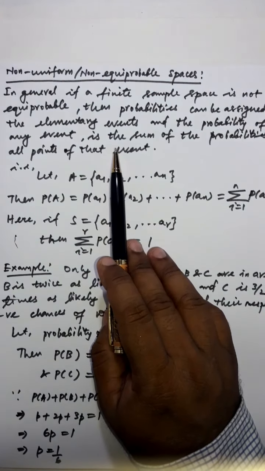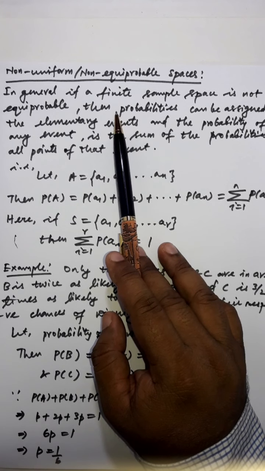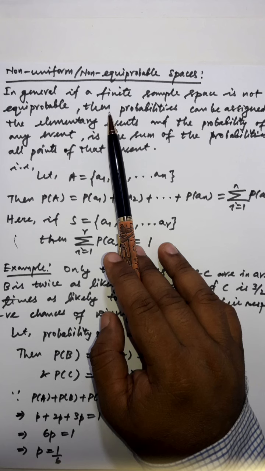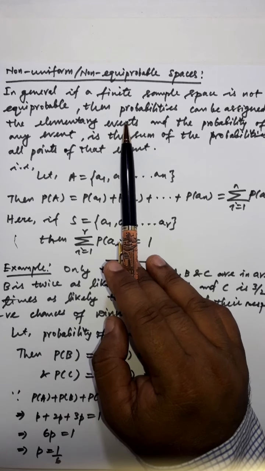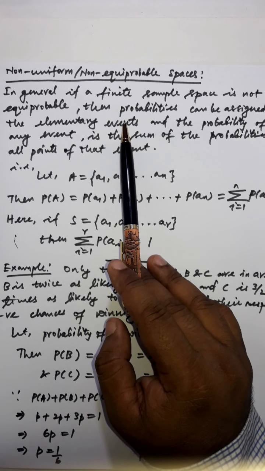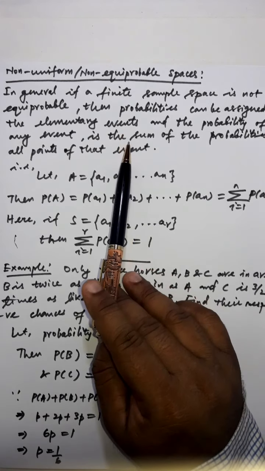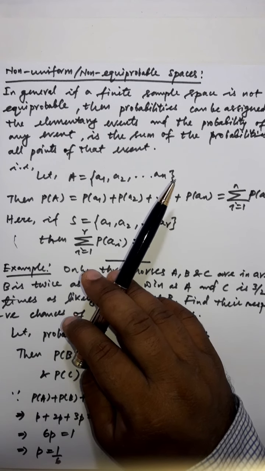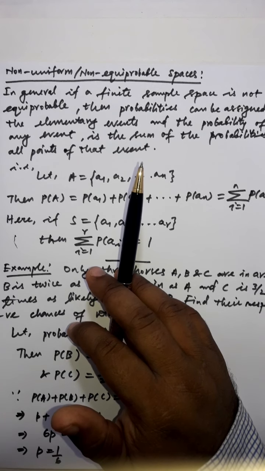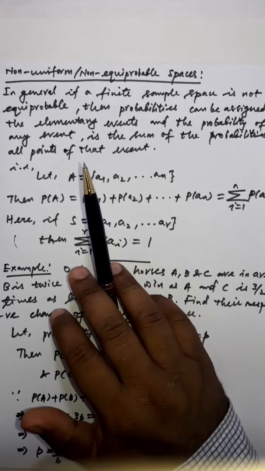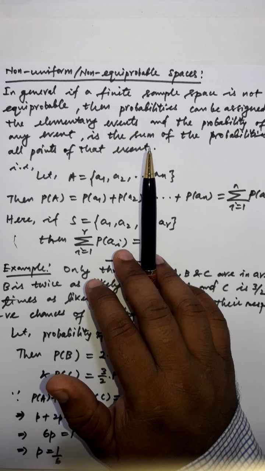Now, when these non-uniform or non-equiprobable cases happen, let me give you one example of tossing a coin. Say a coin is a fair coin. If I am saying fair coin, I mean an unbiased coin which is not partial to any of the outputs. We know that a coin has two faces, one head and one tail. If we are tossing a fair, unbiased coin, then the chances of getting a head or a tail will be equal, and that is 1/2, we know.